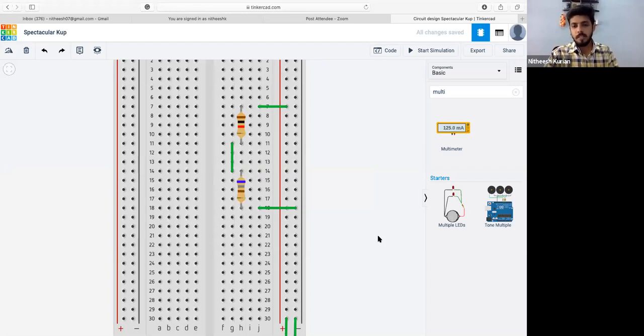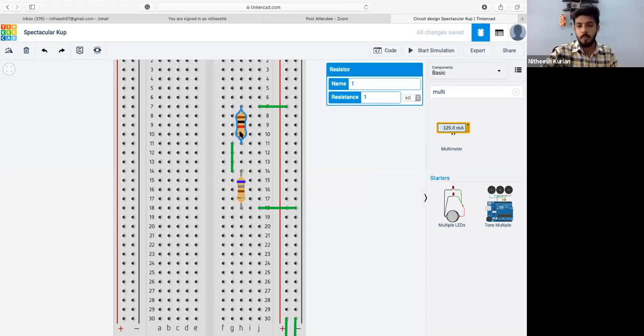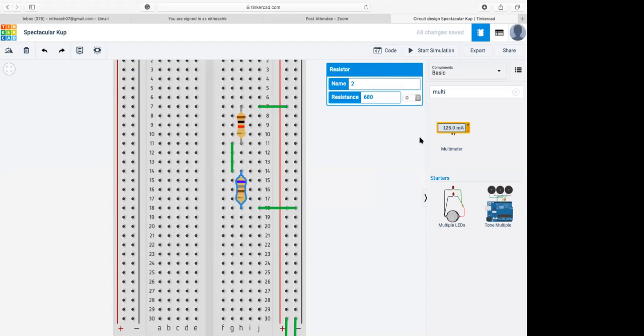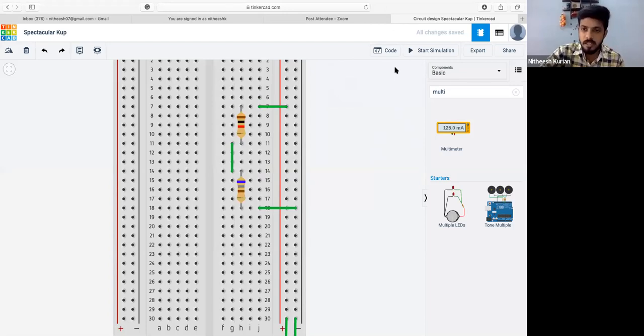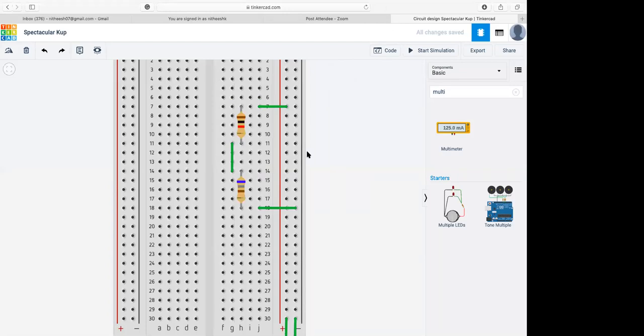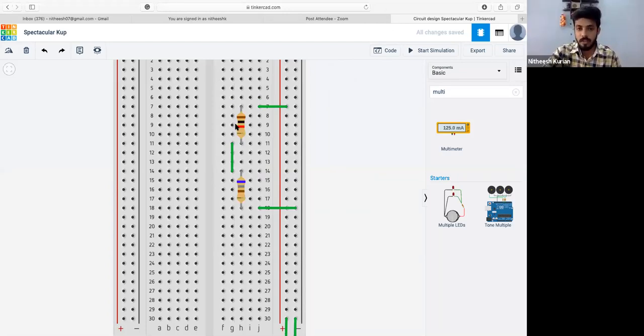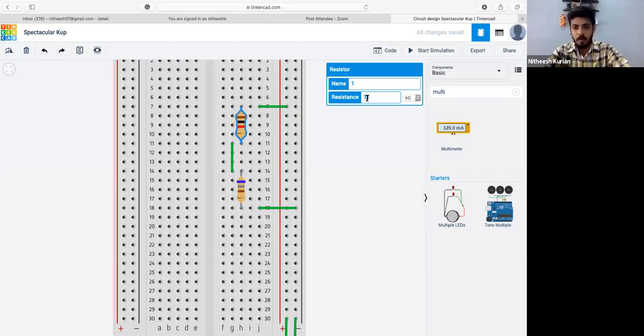In this experiment, the voltage got divided unequally. On the 1 kilo ohm resistor, you got around 5 point something volts, and on 680 ohm, you get 3 point something volts. How do you make it equal? Equal resistance on both sides. Very good. If you choose equal resistance at both ends, you will get equal values. That means if you choose either 1 kilo ohm on both sides or 680 ohms. Let me take both as 680 ohms.